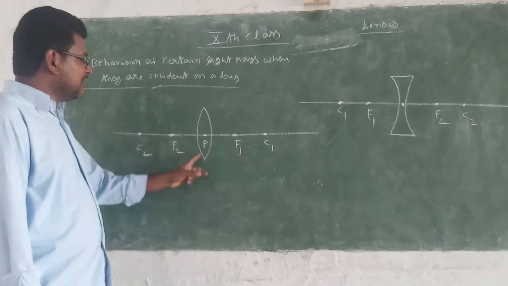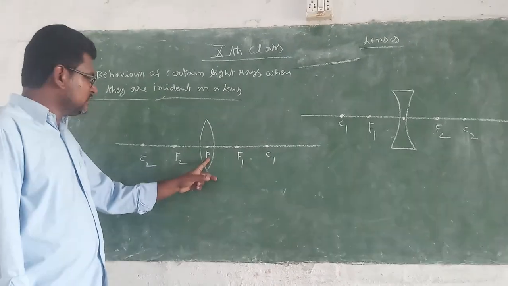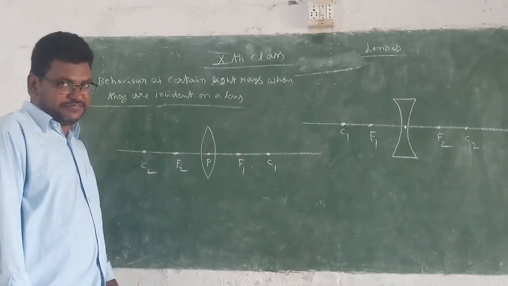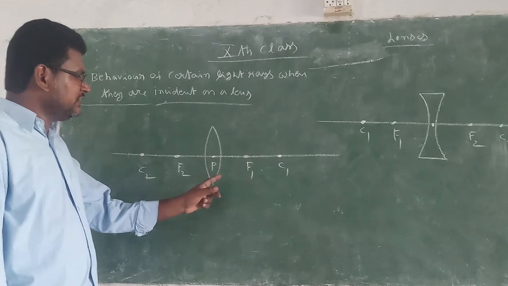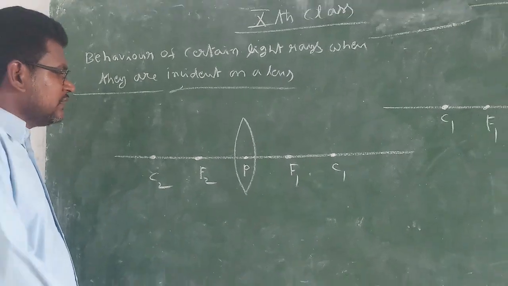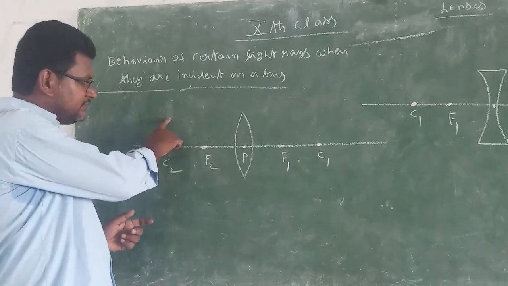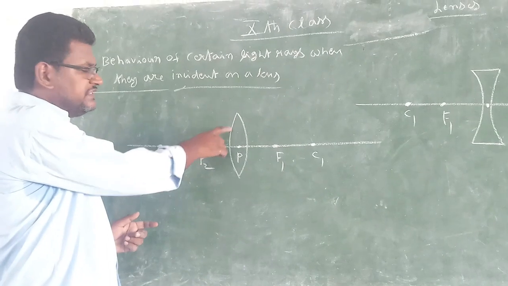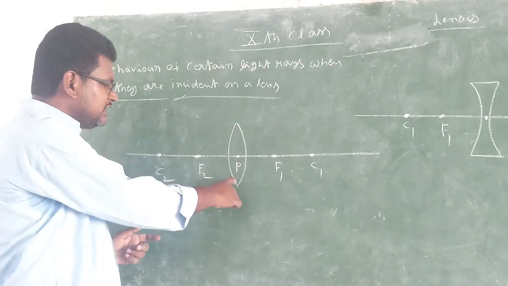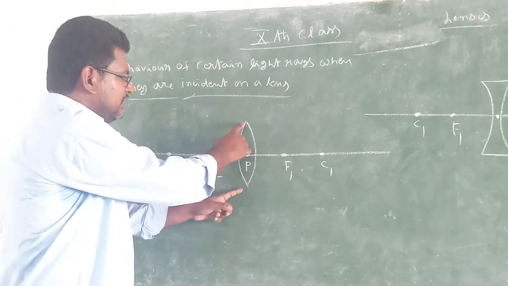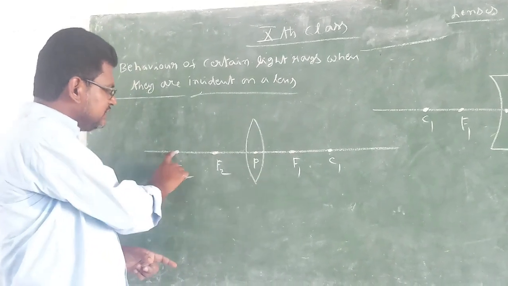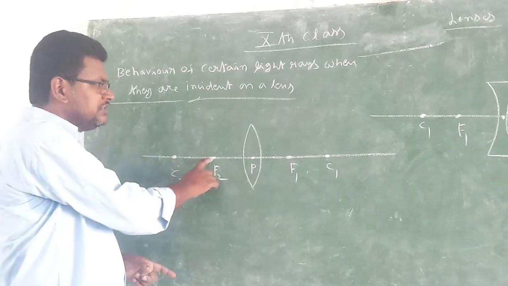So here the convex lens has two surfaces. That's why there are two focal points and two centers of curvature. And here, which one is F1 and which one is F2, which one is C1 and which one is C2? So let's see here, when we take the object on this side, we can take this surface as 1 and this surface as 2. Then its center of curvature is C1 and its focus is F1. Then its center of curvature is C2 and its focus is F2.